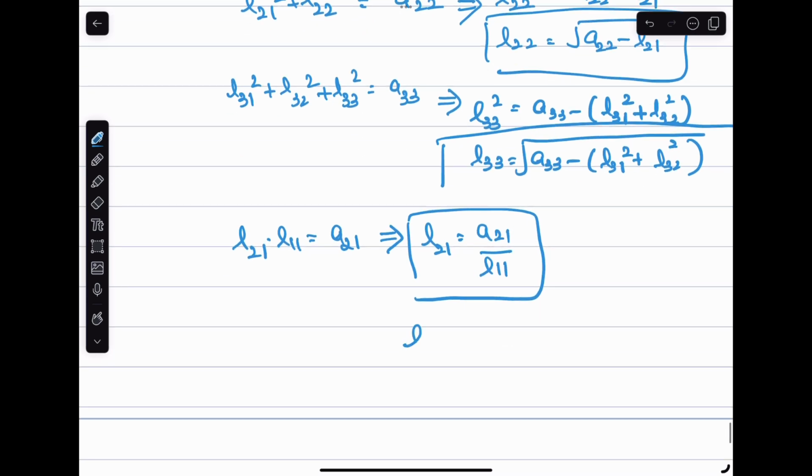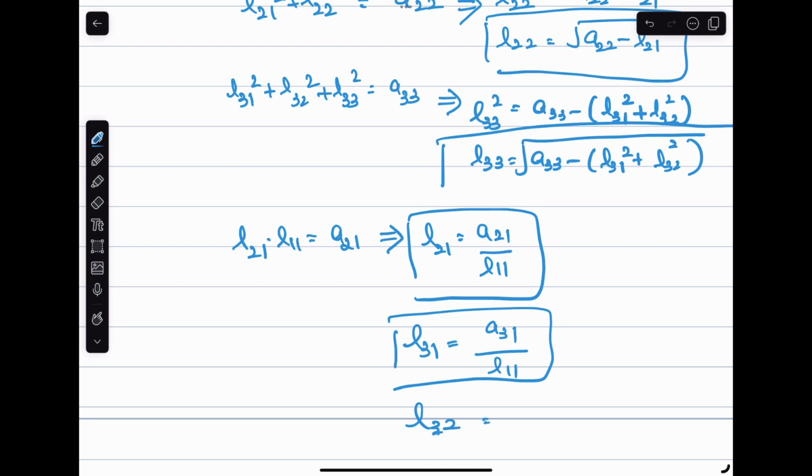Then you just sort it out. Then I have to find L31. So L31 is nothing but A31 divided by L11, similarly to how we have done the previous step. And the last one is L32, which is nothing but